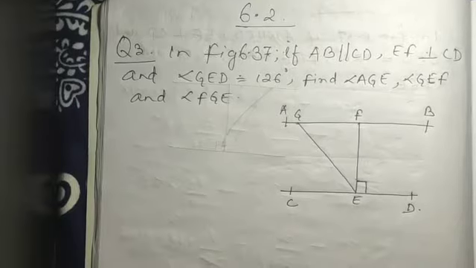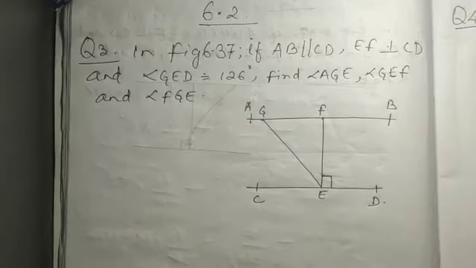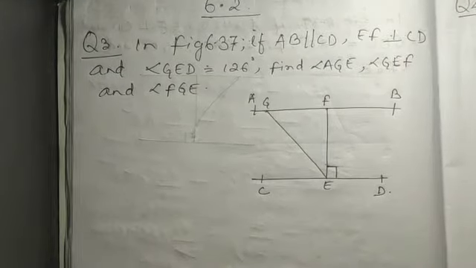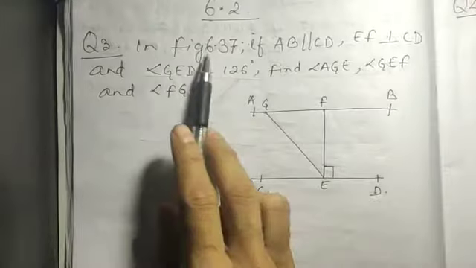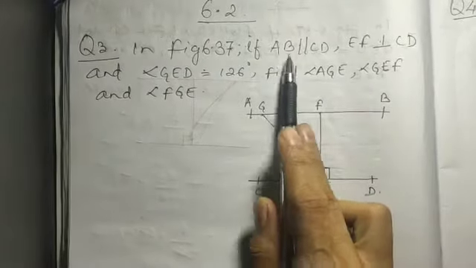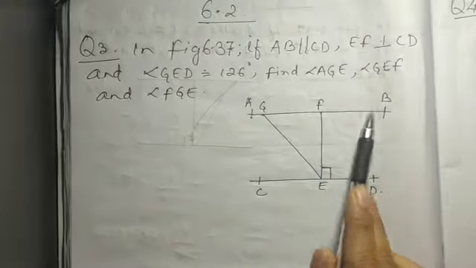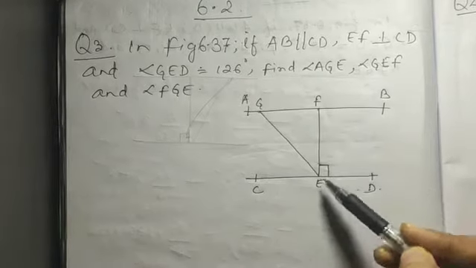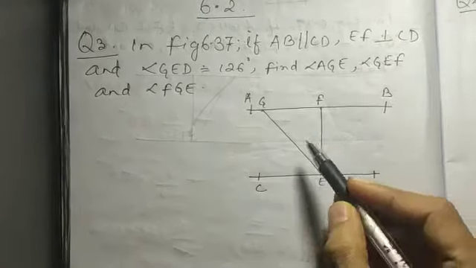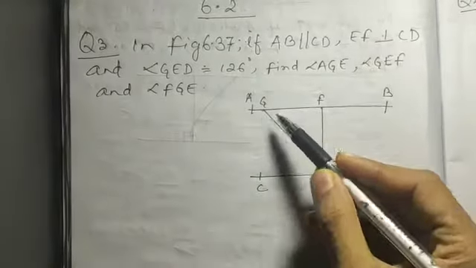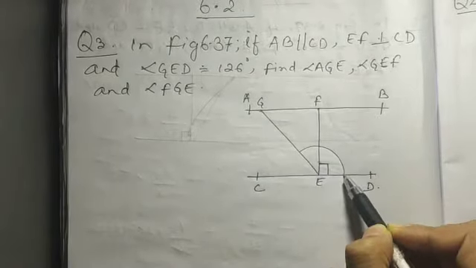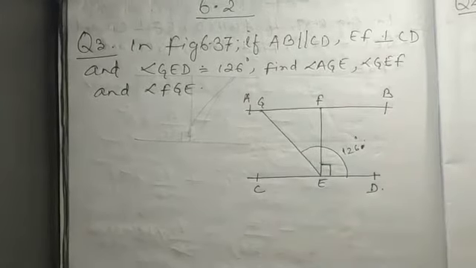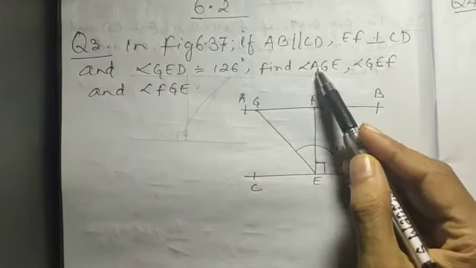Today we are here with exercise 6.2, question number 3. Students, let's see what the question is telling here. In figure 6.37, if AB is parallel to CD, and EF is perpendicular to CD, and angle GED is given as 126 degrees. We are asked to find out angle AGE,